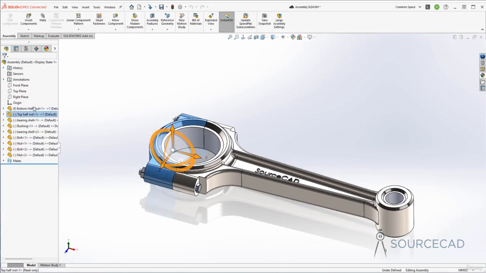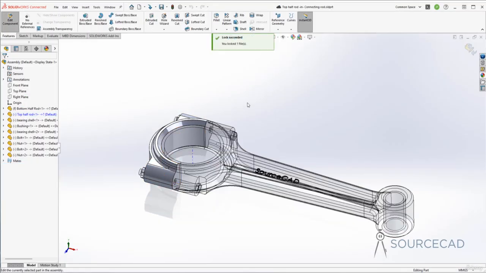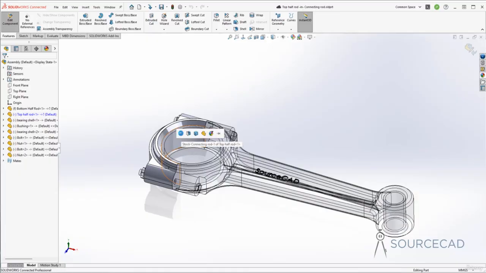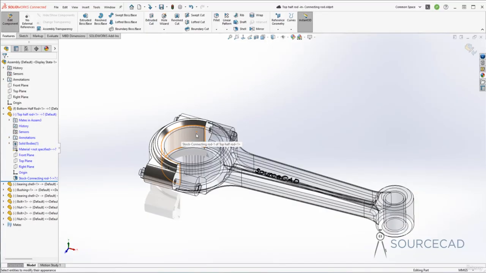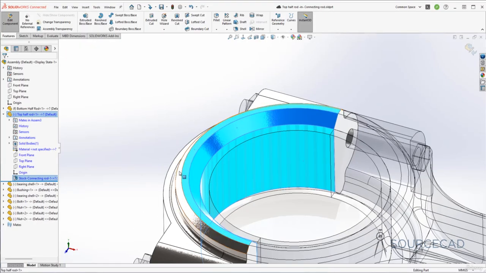So I'll go to this top half, edit part, and I'll just lock it to make the edits. Now this locking may not be required for you. Now once again the same set of steps. So go to this sandblasted steel, drag it and drop it to the entire body, and now select some faces. So this face, and then control select this face, this and this one,